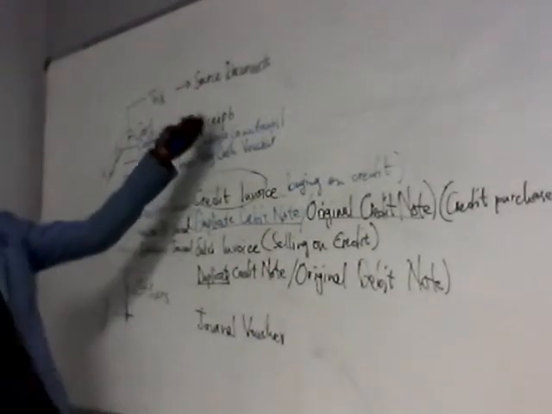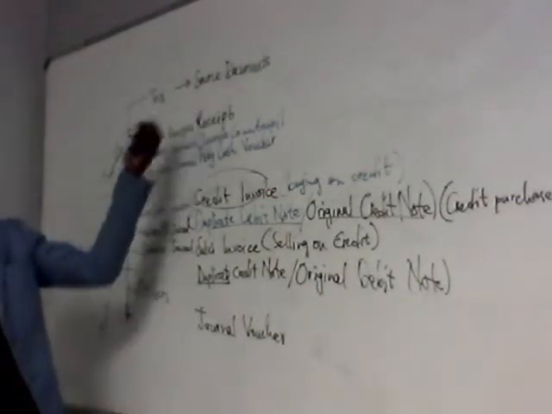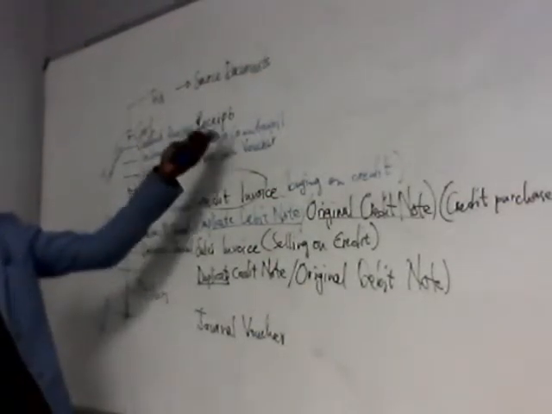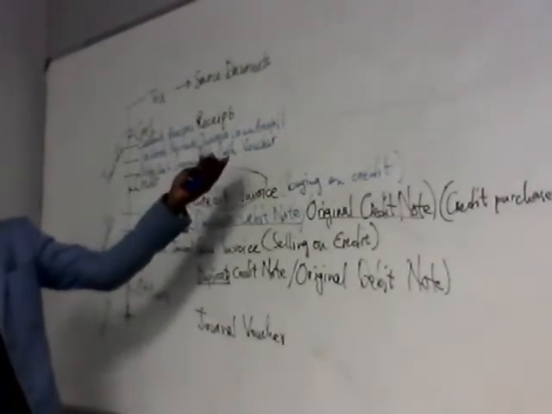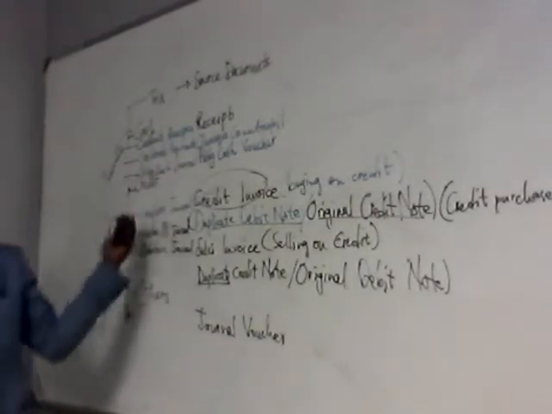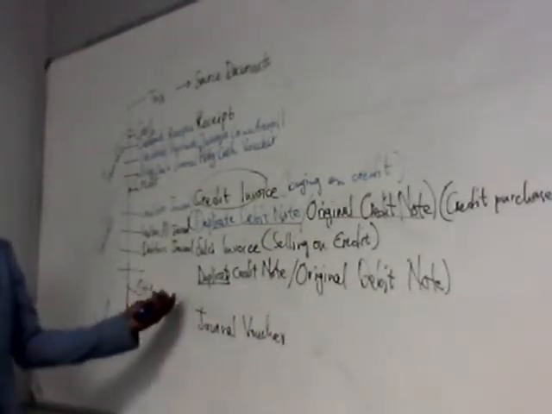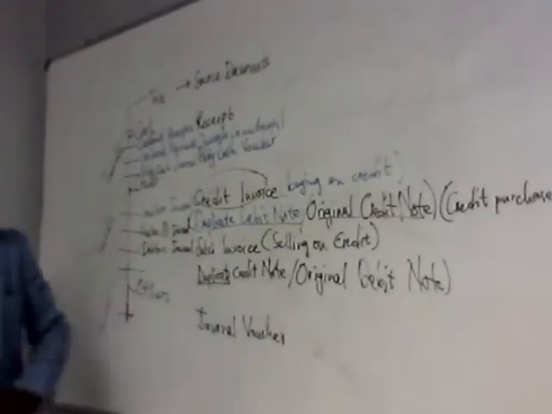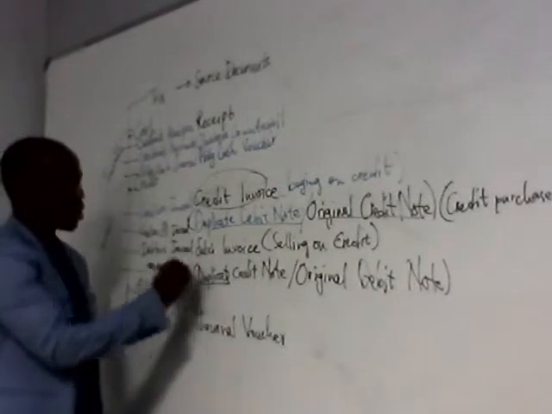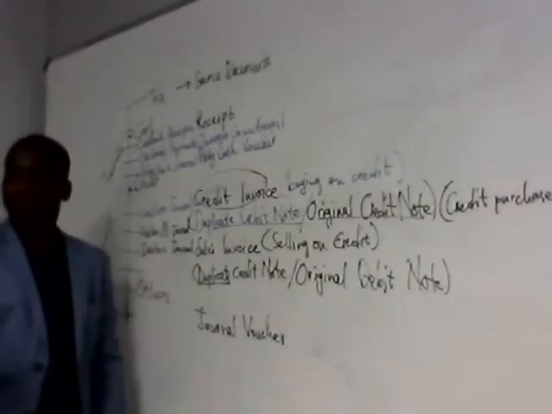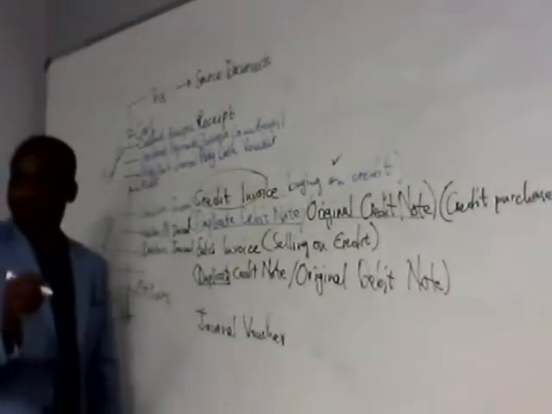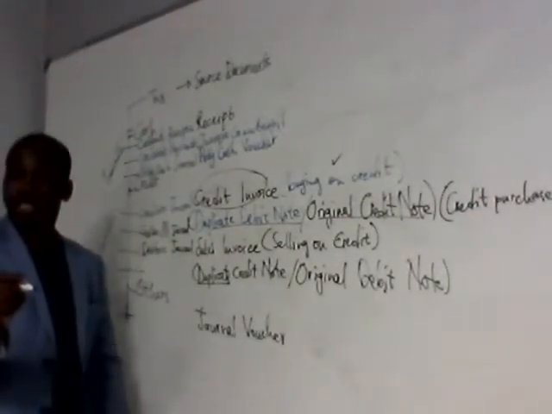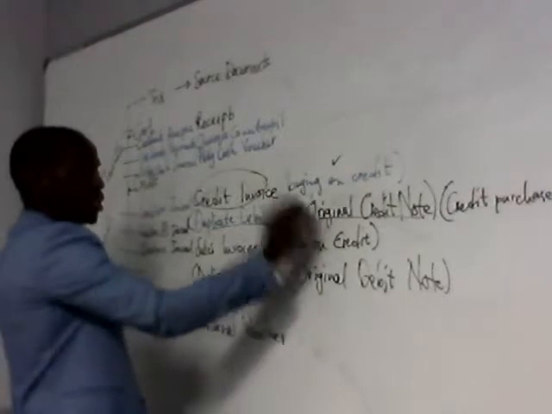Why do we have a receipt? We received money. Why do we have a check counterfoil? We paid. Why do we have a petty cash voucher? We used petty cash. You need to make that association. So when it comes to credit note, we bought on credit. Buying on credit, it's here. Sold on credit. Selling on credit is here.